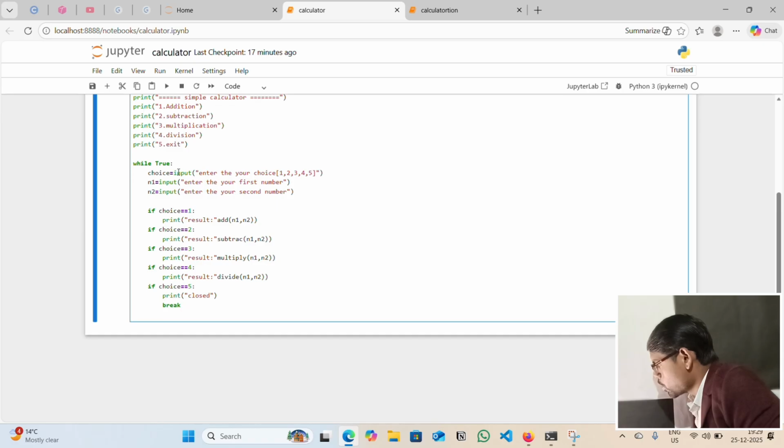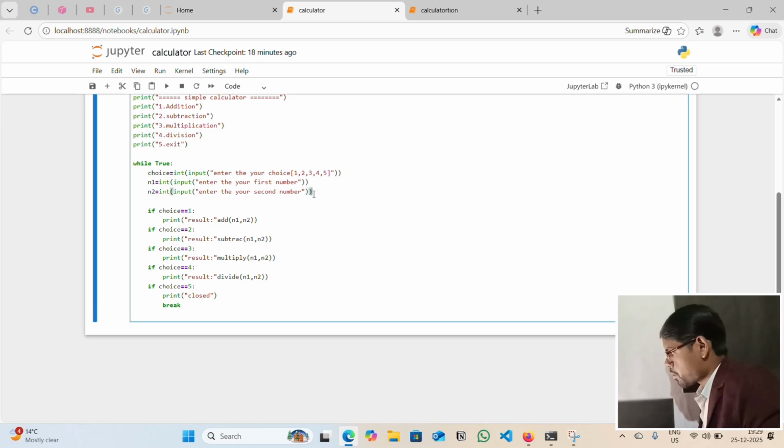Because the user gives input as strings, use int to convert the string into an integer.